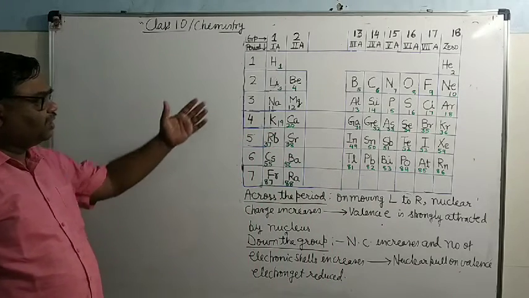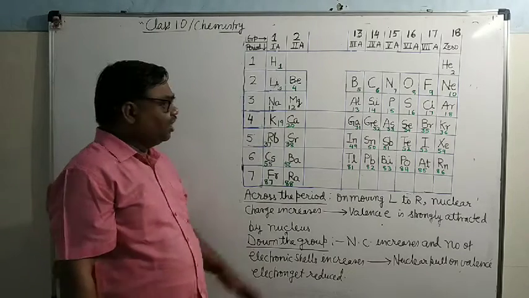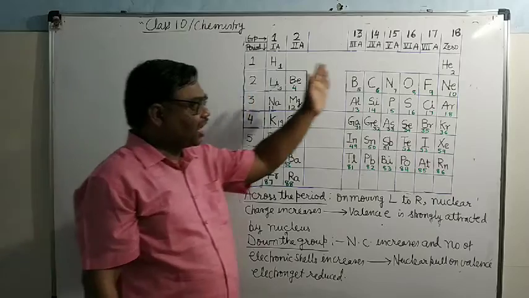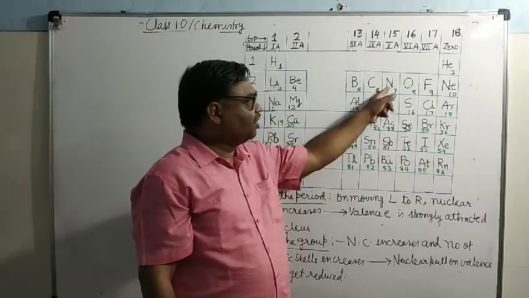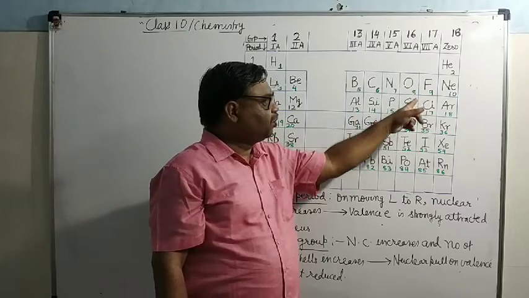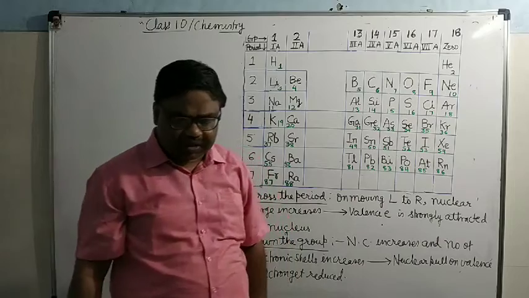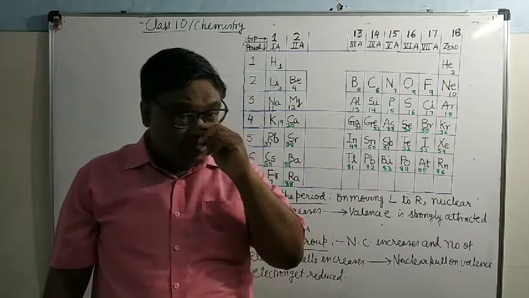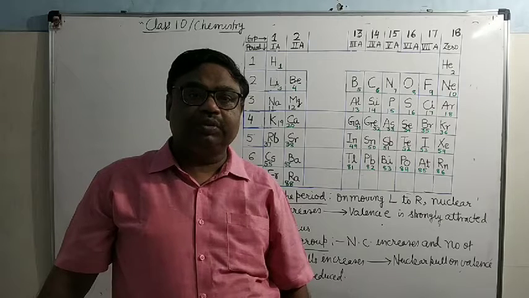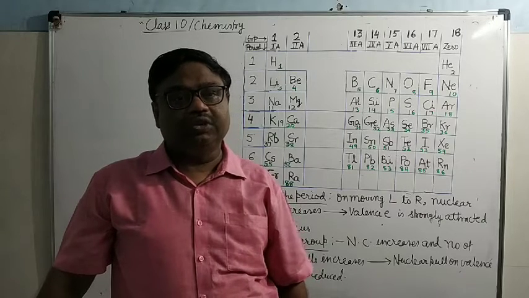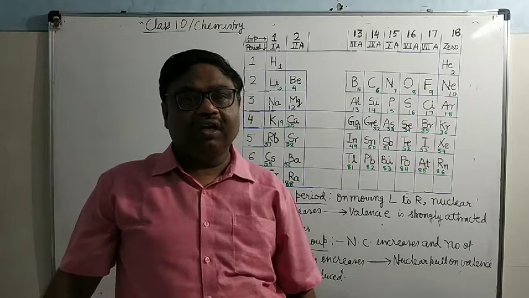So if you see here, what is the metallic character, what is the non-metallic character? As we know, in the representative periodic table shown here, the left side are the metals and the right side are non-metals. These are all non-metals: nitrogen, oxygen, phosphorus, fluorine, sulfur, chlorine. It's clear. Now, what is the definition of metals? Metals are those which have a tendency to lose electrons.